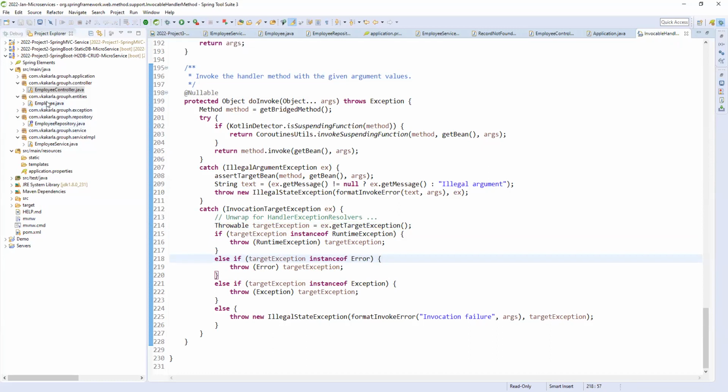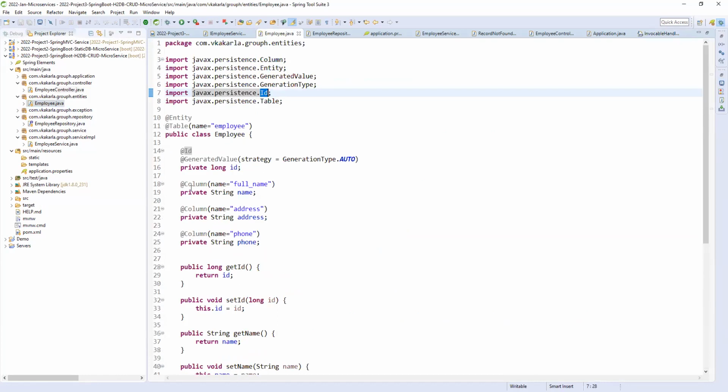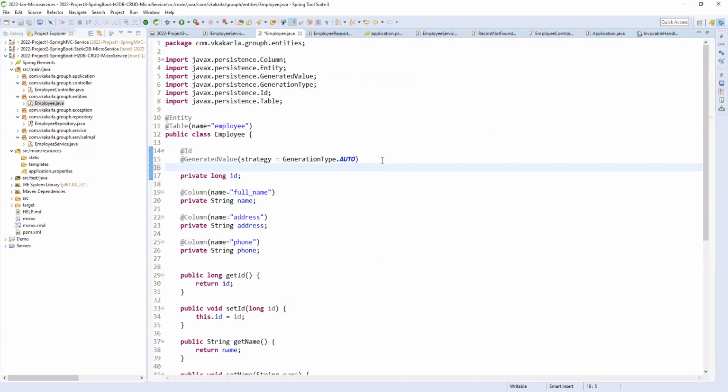So here in the entity, I think at the column. Let me check how it will work.